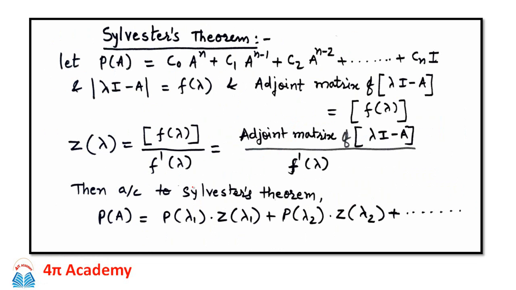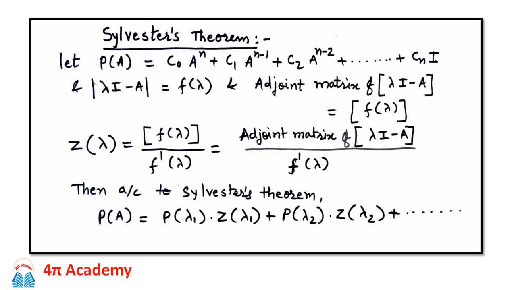So in order to find the power of a matrix, we can also use the shortcut method, which is based on Sylvester's theorem. So let us look at Sylvester's theorem. Let P of A be equal to c0 into A raised to n plus c1 into A raised to power n minus 1 plus c2 into A raised to n minus 2 and so on up to cn I, where P of A is a polynomial and c0, c1, c2 and so on are constants,